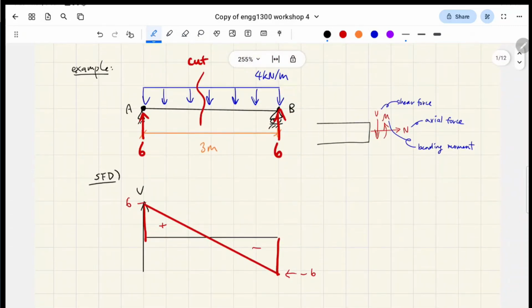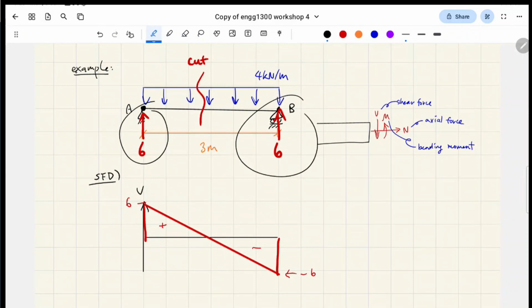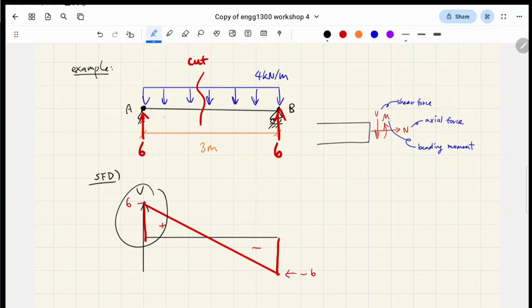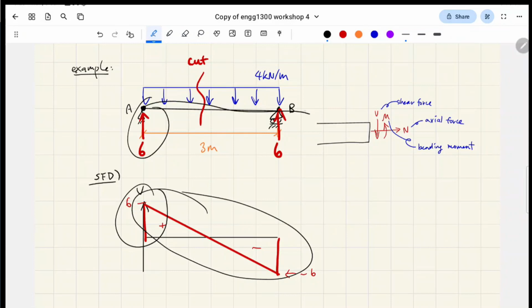That's due to the support reactions, which we can solve using equations of equilibrium. At this point in the beam, the support reaction A is causing the beam to experience a shear of 6 kilonewtons. As we continue along the beam, we have this uniformly distributed load, that's going to cause this kind of